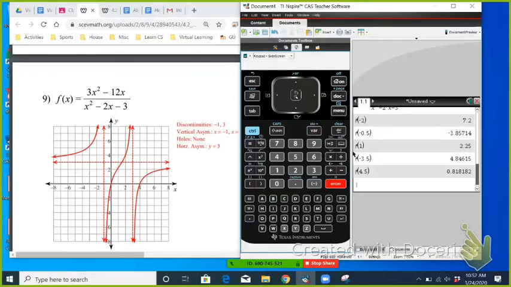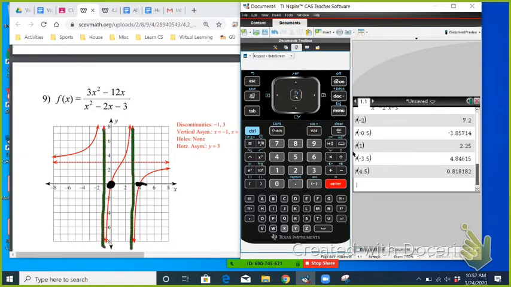Alright, so how do you know the behavior around the asymptotes? Let's say you already found all your x-intercepts and your asymptotes. So you factored the numerator and you got that your x-intercepts were at 0 and 4. And then you factored the denominator and you saw that your vertical asymptotes were at -1 and also x equals